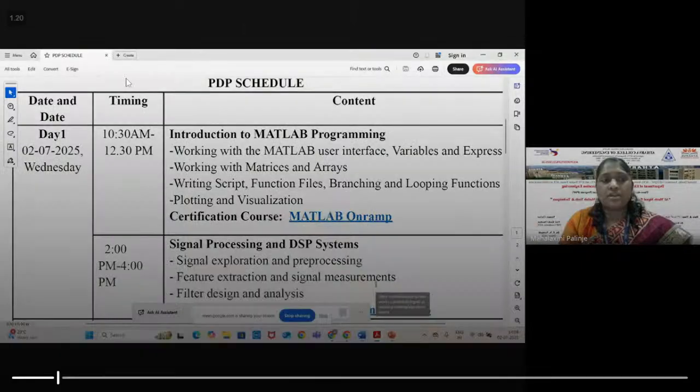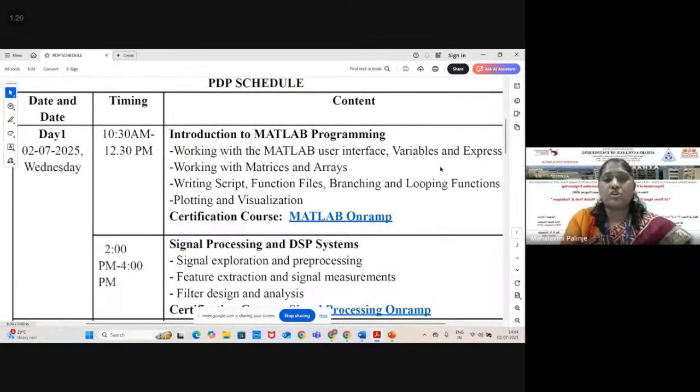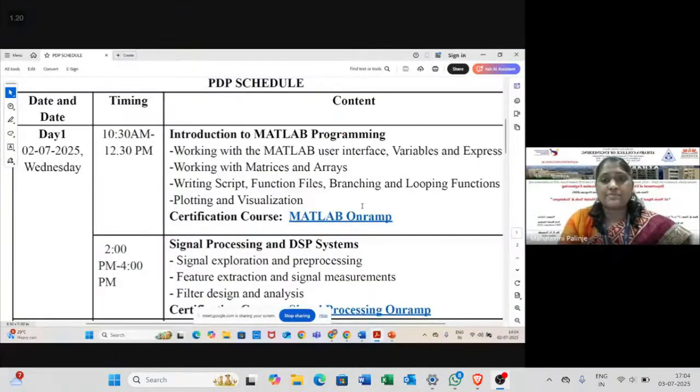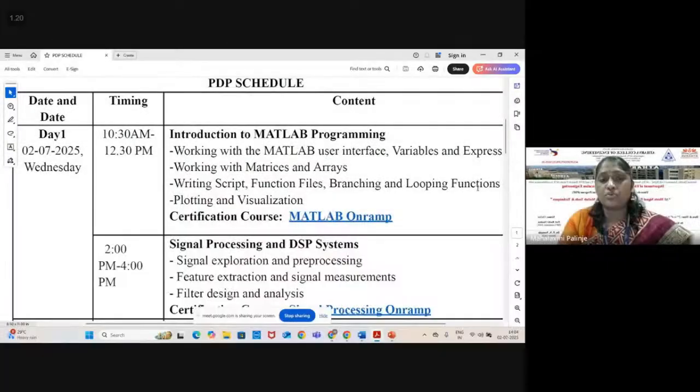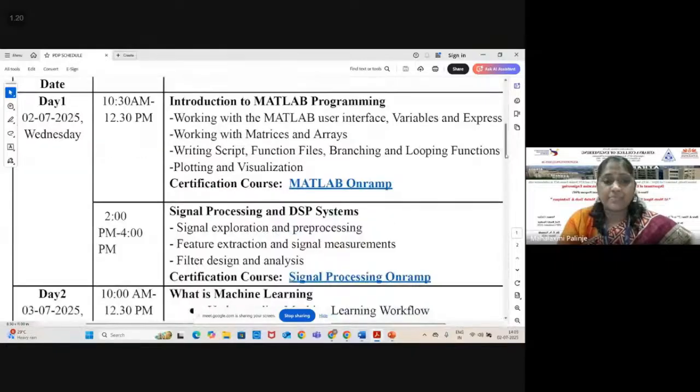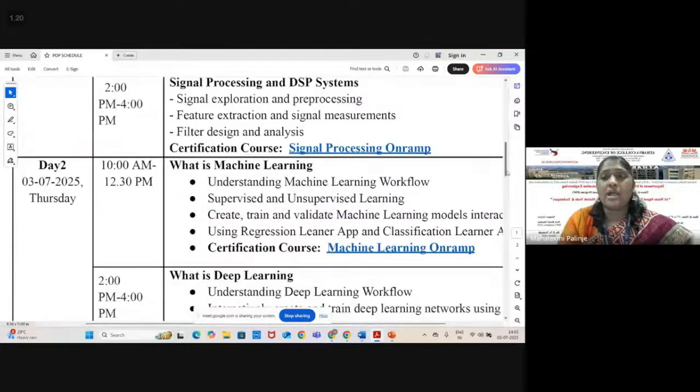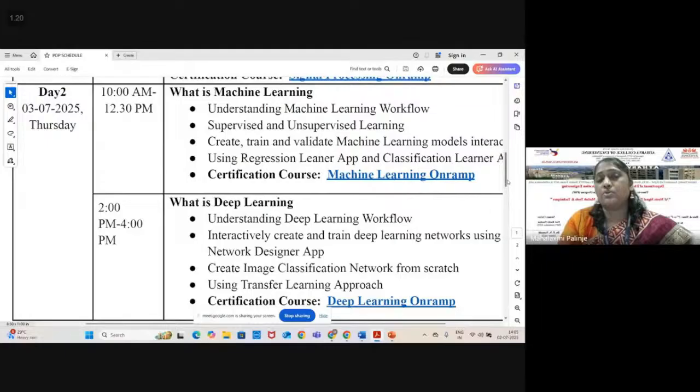So in the first session, we had a wonderful session where introduction to MATLAB programming was done. I hope all participants have been hands-on on how to log in through MATLAB, what is the user interface, and all the basics of MATLAB. Sir has very well explained about it. And now in the next sessions, I will be speaking about the certification courses, how you can do the courses, and DSPs. So we'll be studying basics, because these are the basic things which you require for studying deep learning and ML using MATLAB. As you can see on the screen, the schedule, we'll be covering in this session signal processing and DSP systems. Tomorrow we'll be having how machine learning and deep learning can be used